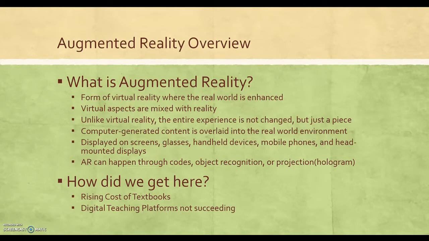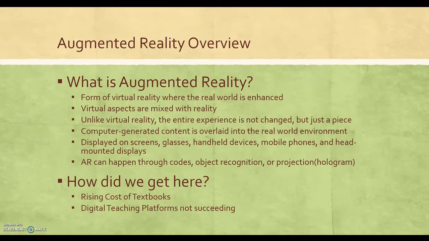And so with the rising cost of textbooks, as educators began to seek out ways to replace this cost, publishers listening to them developed digital teaching platforms, which you may have used at some point in your classrooms. If you ever use something like McGraw-Hill Connect or Cengage Learning, the digital teaching platforms were a step in the right direction to try to keep up with the idea of digital books that were becoming more common, and of course to try for the publishers to become a part of this new digital world.